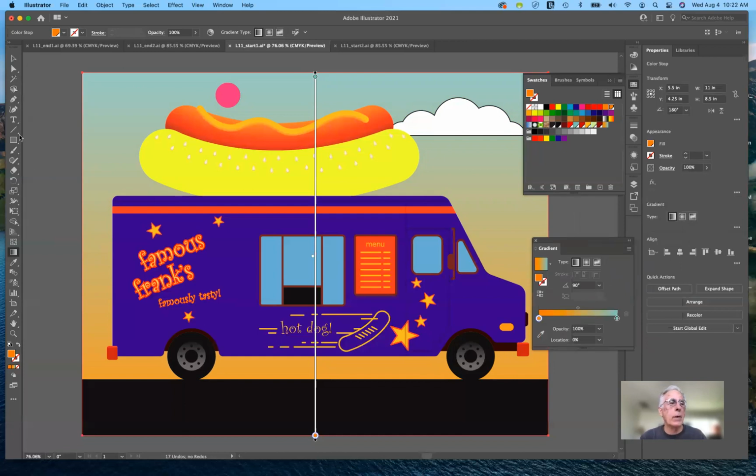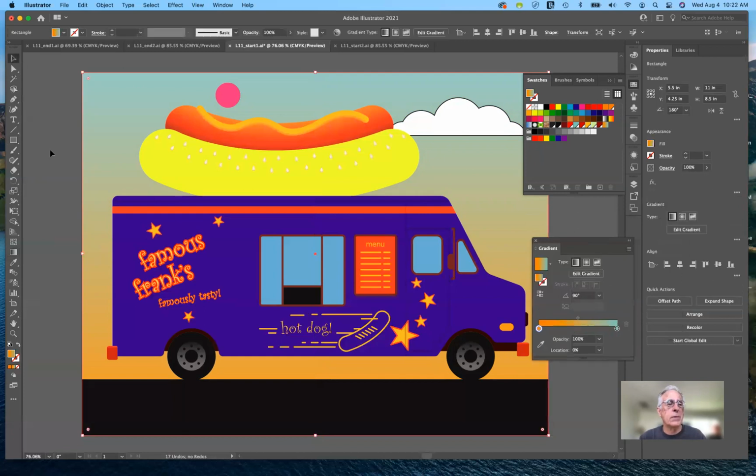So we created our first gradient. I'm going to go ahead and click back onto the selection tool. And the next step is we're going to go ahead and create a new gradient for our hot dog bun. And it's going to be based on the current gradient that we just created. And again, we'll use the new gradient that we create to create yet again another gradient based on that one. You can start from scratch, or you can start from the black and white as I did, or we can